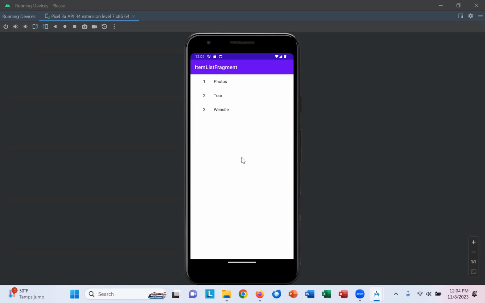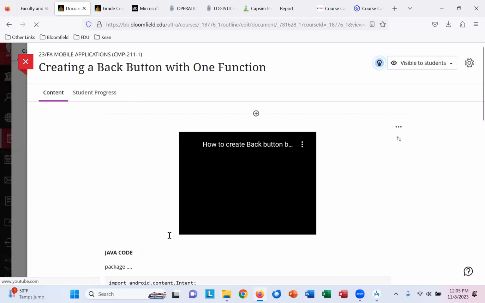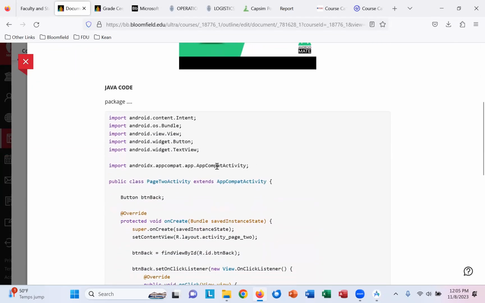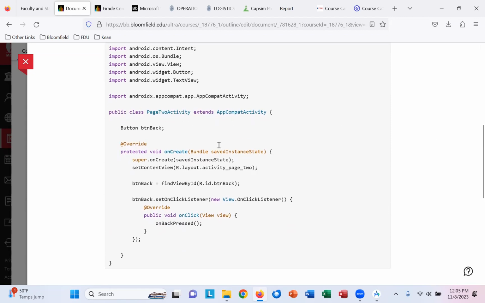And you'll also see within this app, there's already a back button set up for you. And I'll show you that. Additionally, I added this creating a back button with one function. And you'll see in this document, you have a video of how to do that if you wanted to do that for your app. You would have to create Java code, which would be your package, whatever you named your app, followed by the remaining Java code here, which just creates this onCreate instance of the